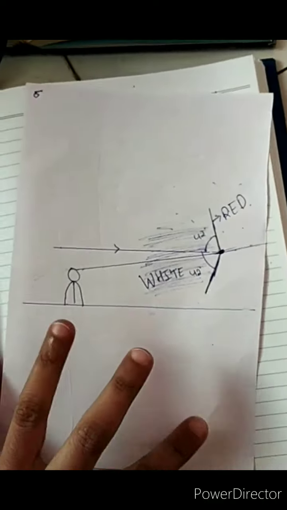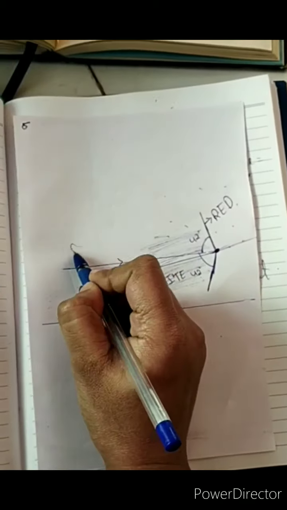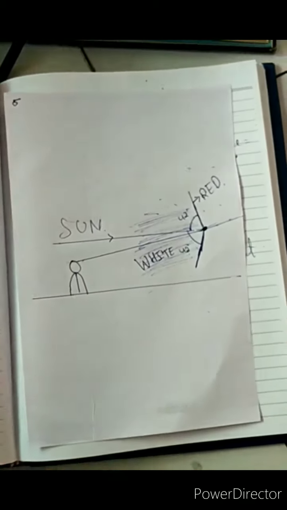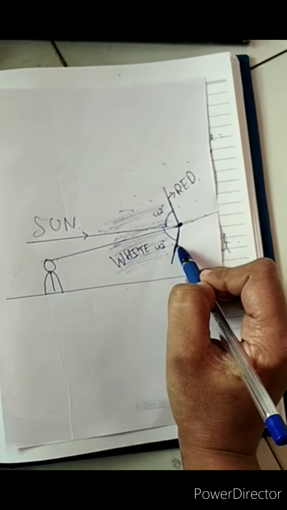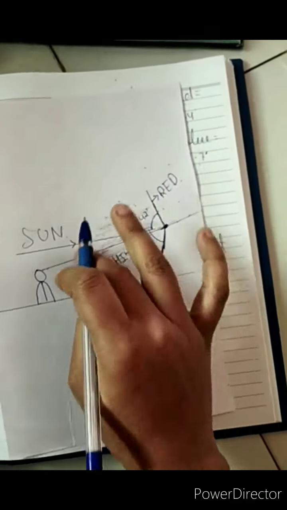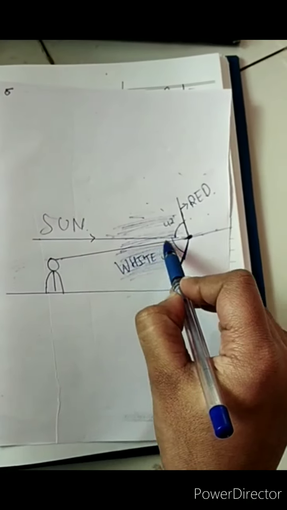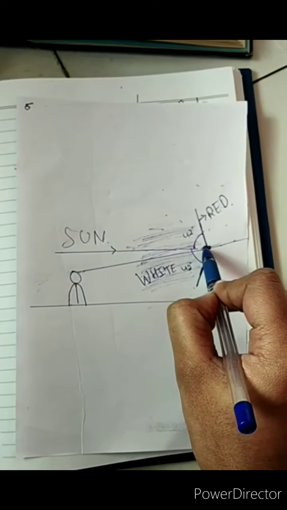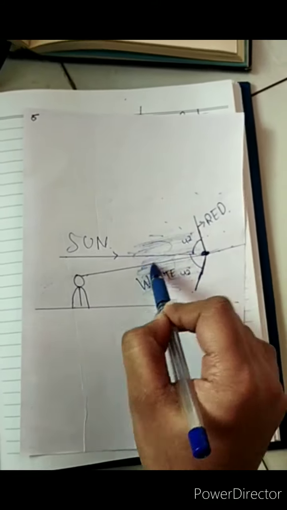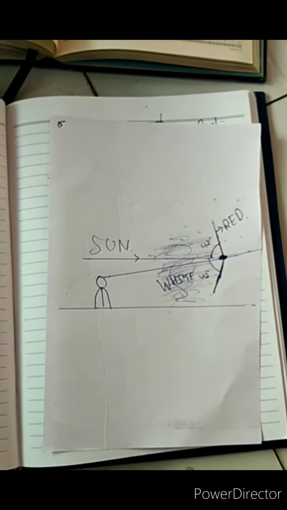now look at this figure. Here the sun is at the horizon. These are your sun rays, and away from this 42 degrees, this is my complete bow formation, that is rainbow formation. But since you are looking straight into this raindrop, straight in the middle part of this raindrop, you will see complete white. You will not see the rainbow, you will see a completely whitish part over here.